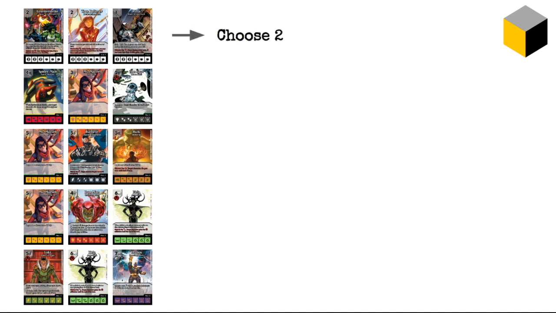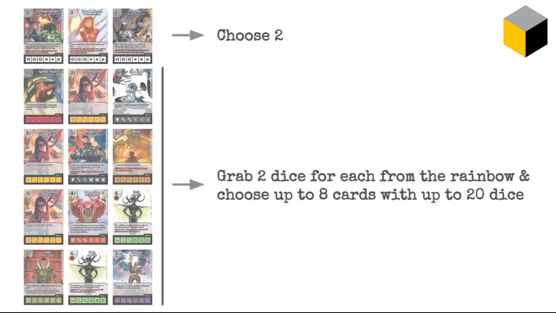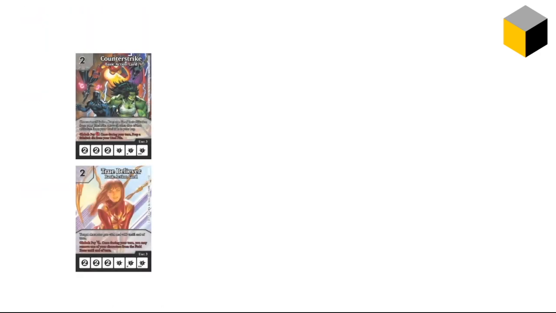First of all, we'll choose 2 basic action cards, and then we'll grab 2 dice for each of our other cards from the rainbow and choose up to 8 of the cards with up to 20 dice for our team. I'll just very quickly talk you through my choices. For the basic actions, I've got 2 nice cheap ones, Counter-Strike and True Believer. Counter-Strike for the global, for a bit of ramp, and True Believer for buffing my characters,